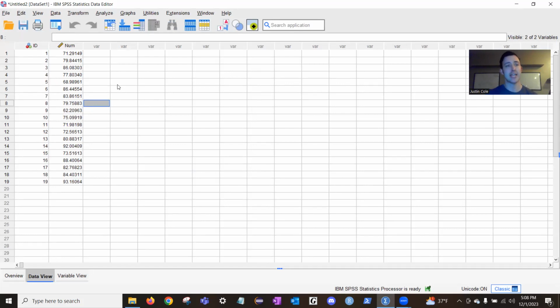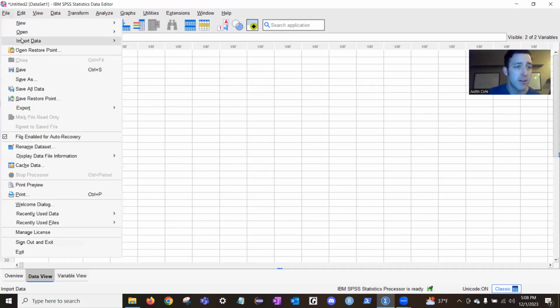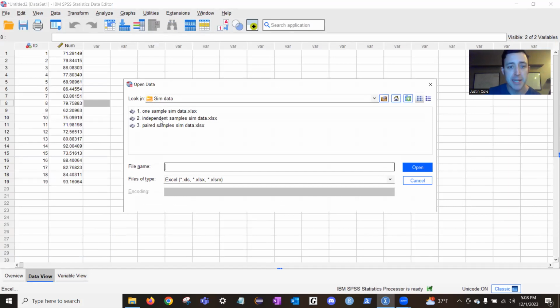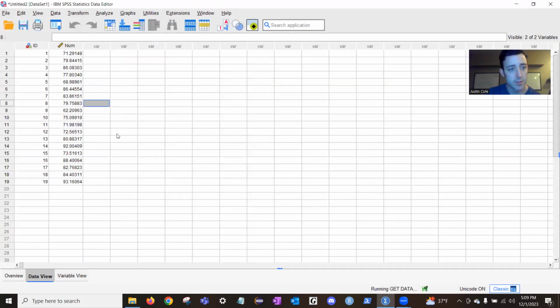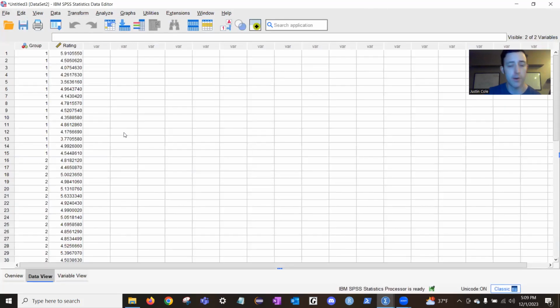Now let's go ahead and discuss the independent samples t-test. So to do that, I'm going to import the second data set. So we're going to go to File, Import Data, Excel, Independent Samples Sim Data. Sweet. All right, and now we have a new data set. Looks great. So here we have some more numbers and different variables and everything, but again,